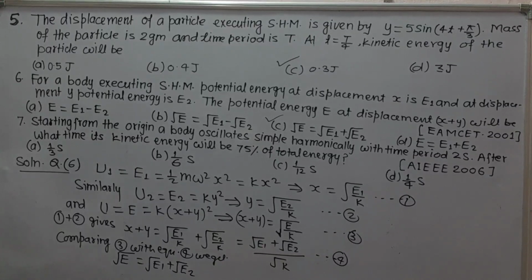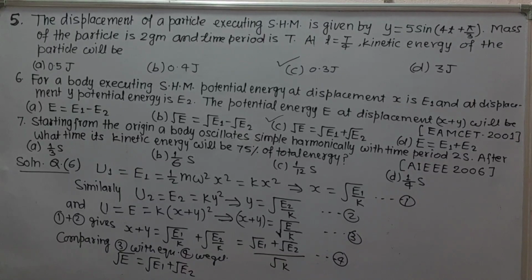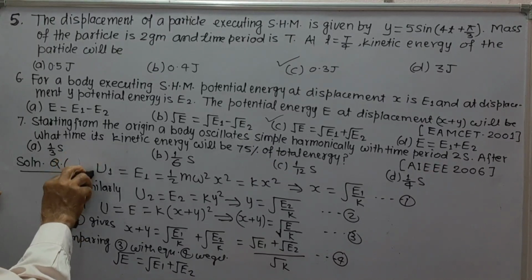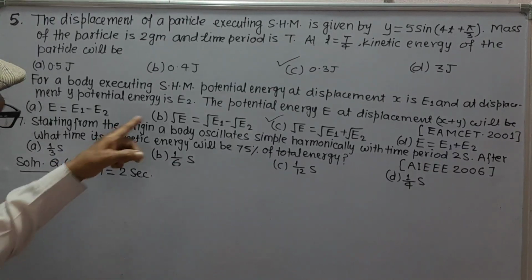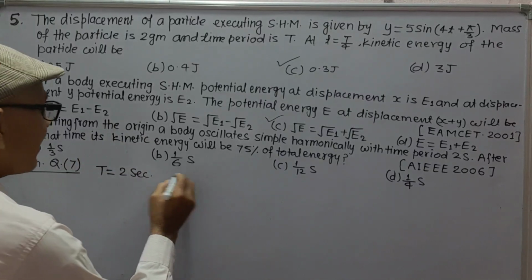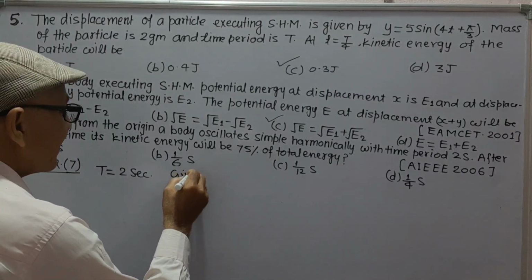Next question number 7. The question is, starting from the origin, a body oscillates simple harmonically with time period 2 seconds. After what time its kinetic energy will be 75% of the total energy. Now solution to question 7. Now according to question, we have